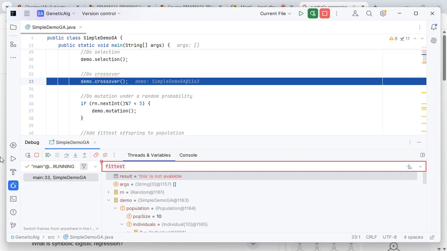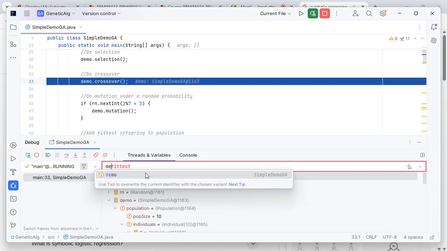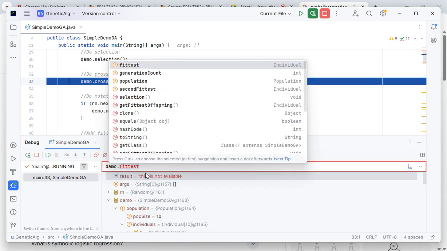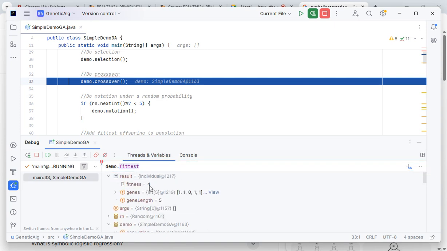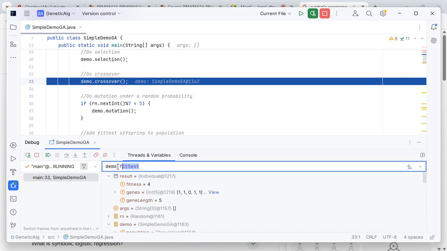No, it's not there. It is there inside, but of course, because we need to have fittest demo. We make it like this, and then we take fittest. Do you see? Because it is attached to the object. Do you understand? And you can see the result is 4. If you take second fittest,